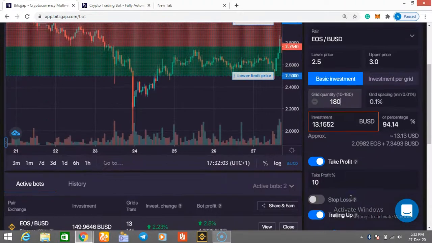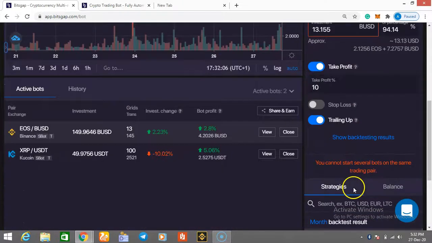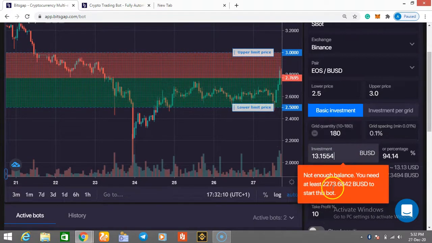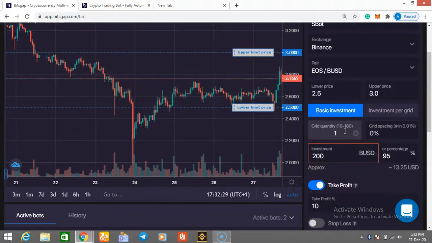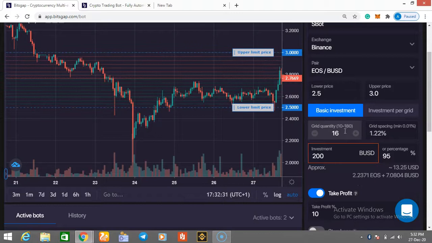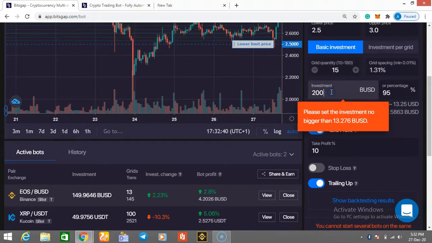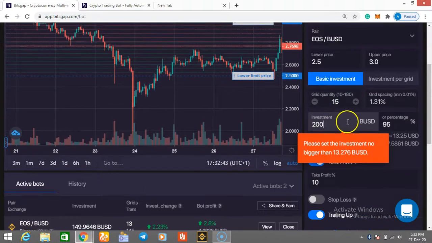So now, let's say your capital, because if you want to start this bot now, you need a decent amount of capital to achieve that. You need over 2,000 BUSD to do that. Let me say you are just starting up in this space and you only have 200 USD. It means that you are not going to be able to start this bot. So what you can do is to reduce this grid space. Reduce this grid space to 16. Let's make the grid space 15. So with 15 grid space, then you should be able to